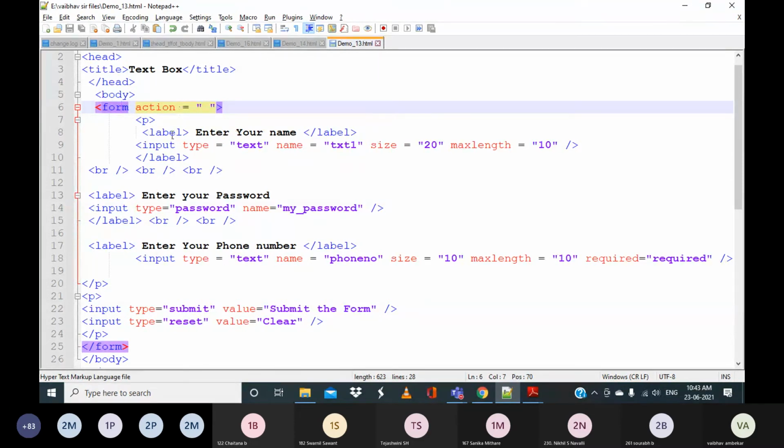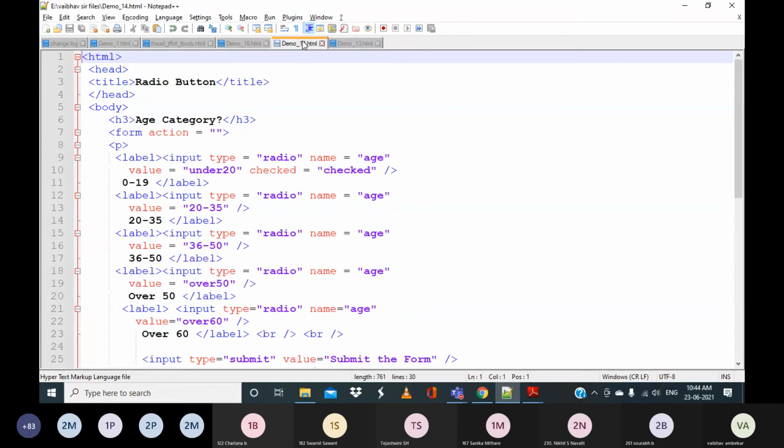In that we have discussed, first, the input, that is, we can have the text box, then the password, and then, for example, checkboxes and radio buttons. All these we can include in the form.